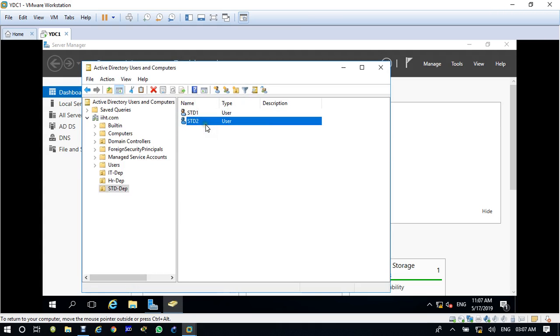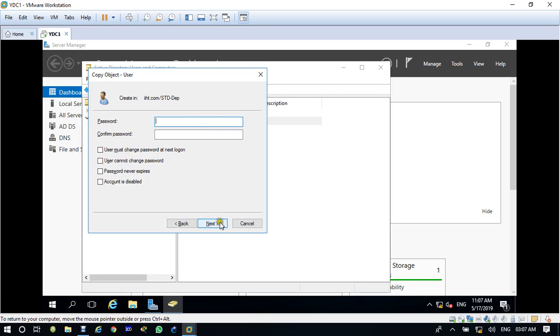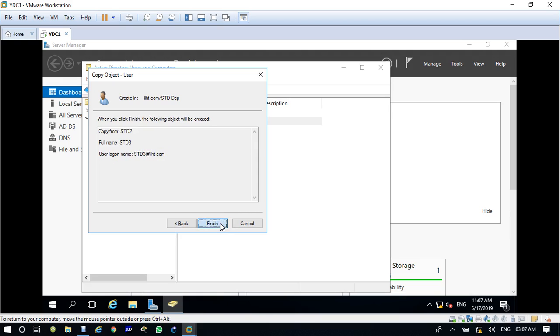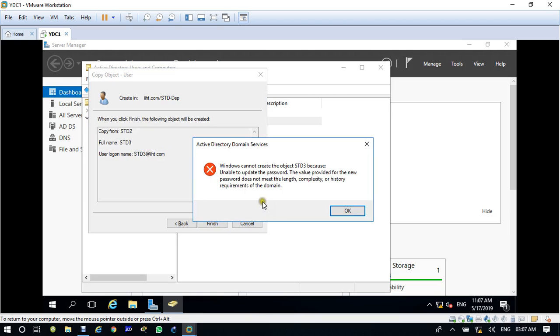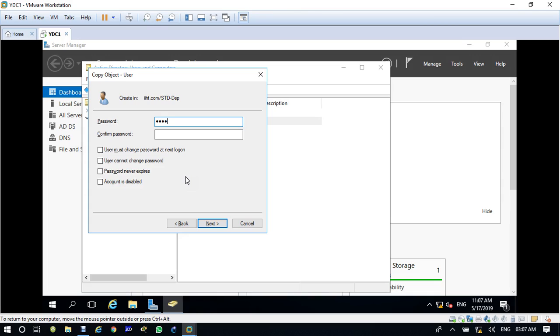Let me create one more user, student 3. This time I'm trying to create the user without a password. See, next and finish. When I try, it says that without a password you cannot create a user. So you must assign the password.